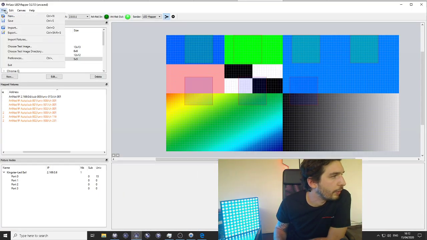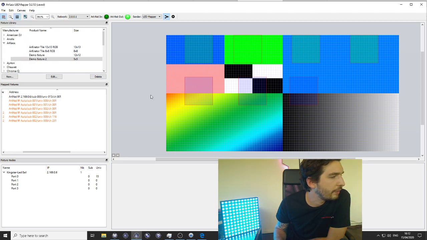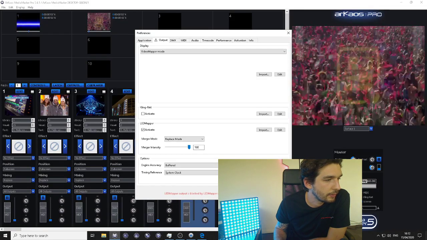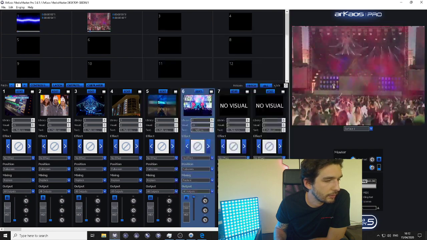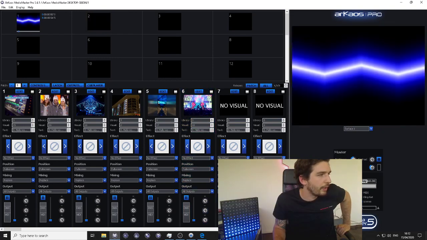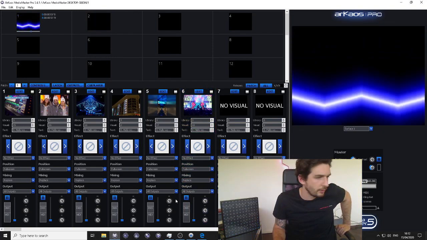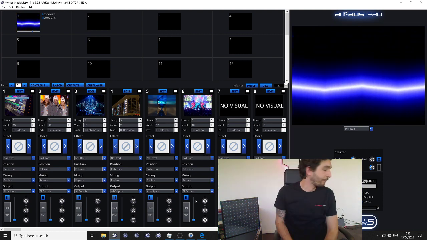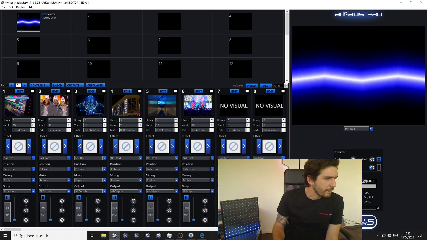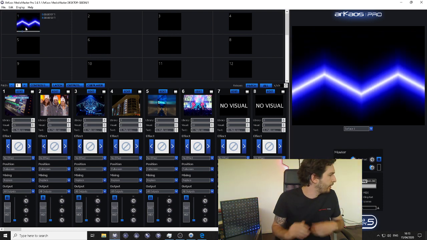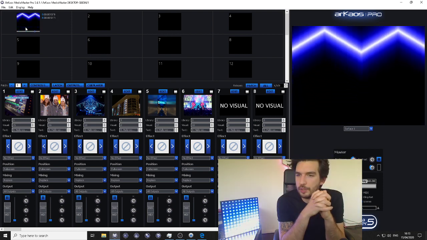Okay, so again, when I'm done with that, file, save, close the mapping, find Media Master, press it, and now I do have my pixels showing in my fixture. Okay, good, let's check. All right, so let's talk a bit about CleanNet.